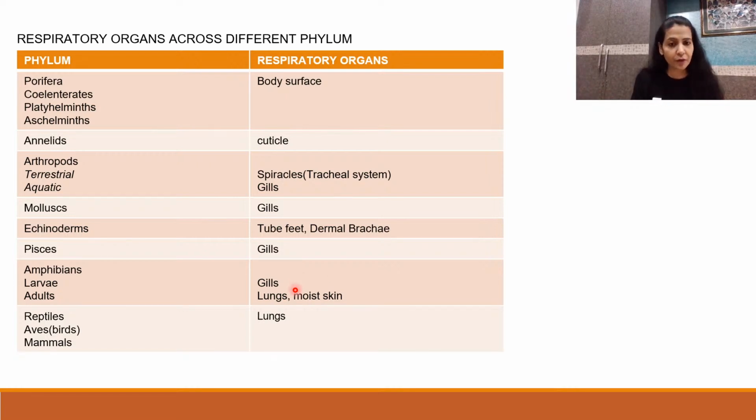Now, such respiration, which takes place through the skin, is known as cutaneous respiration. Please remember, the exchange of gases, the breathing that takes place through skin, is known as cutaneous. Moving ahead with the top classes: reptiles, aves, and mammals all have lungs. When you look at this comparative study, you will understand that starting from porifera, the simplest of the animals, and moving to the mammals, the most well-developed, advanced animals on the earth,